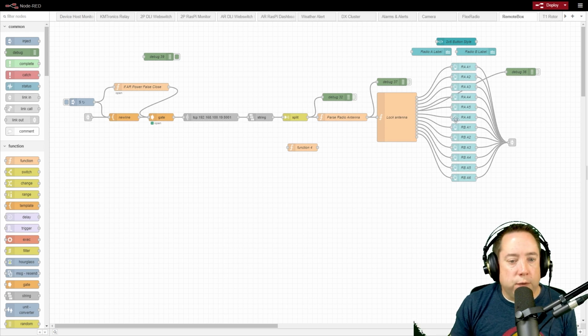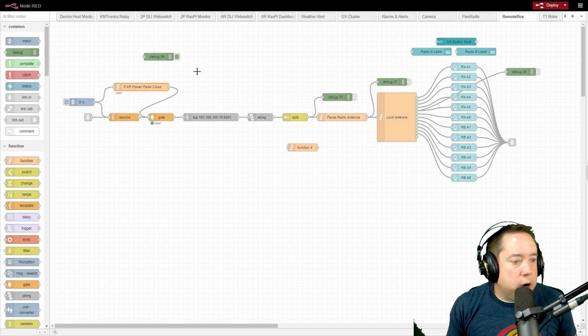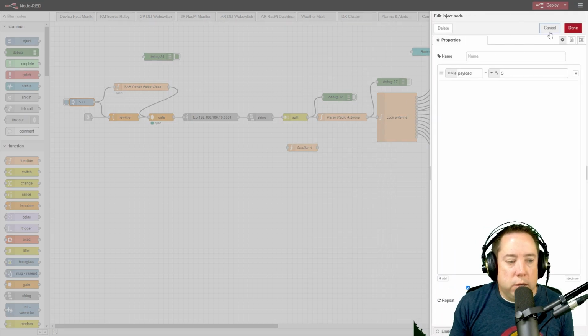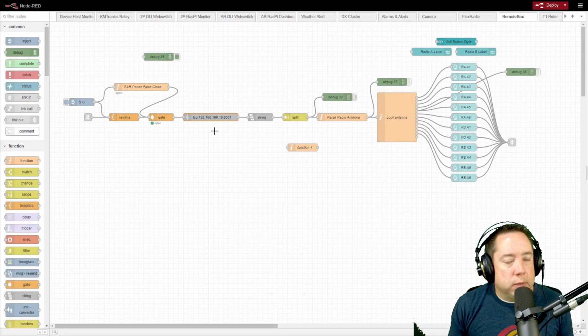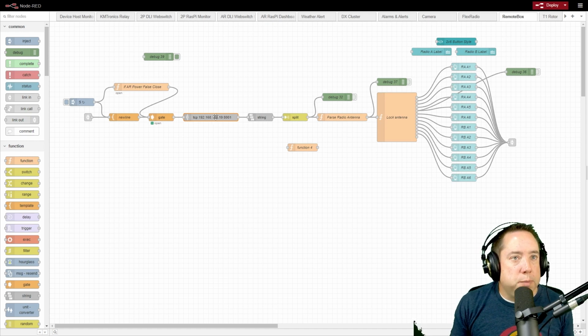So we've got the different radios and the different antenna positions. Again, if the amp rack loses power, then don't pull this device, but you can see it is sending an S here as the payload, and then it is pulling the device through TCP, which pulls the Node-RED Raspberry Pi. I'm sorry, the Raspberry Pi that's running SEER to net, and then it's pulling that device, getting that